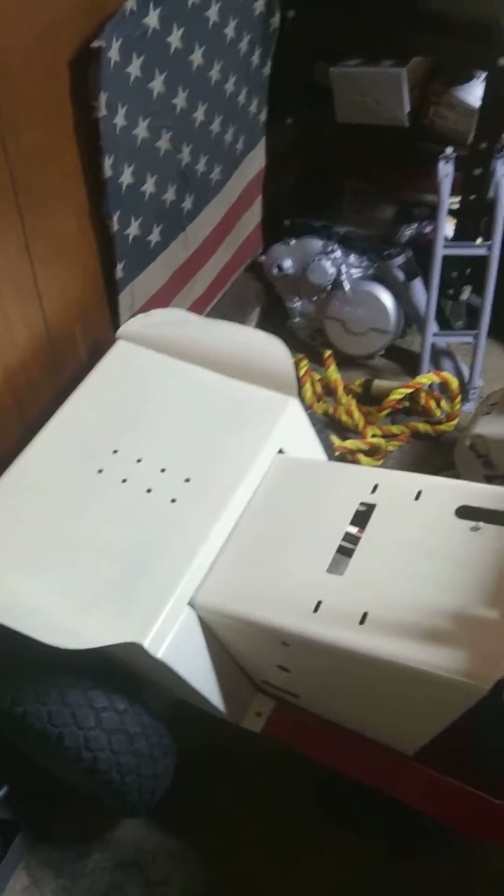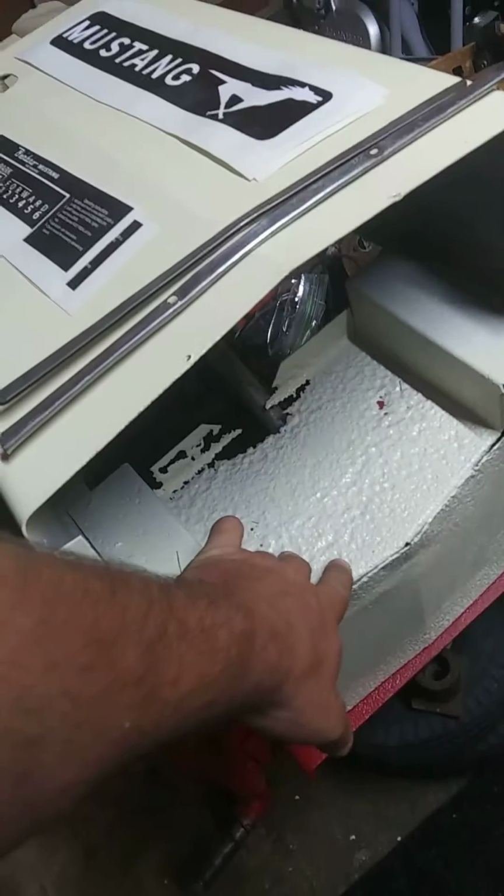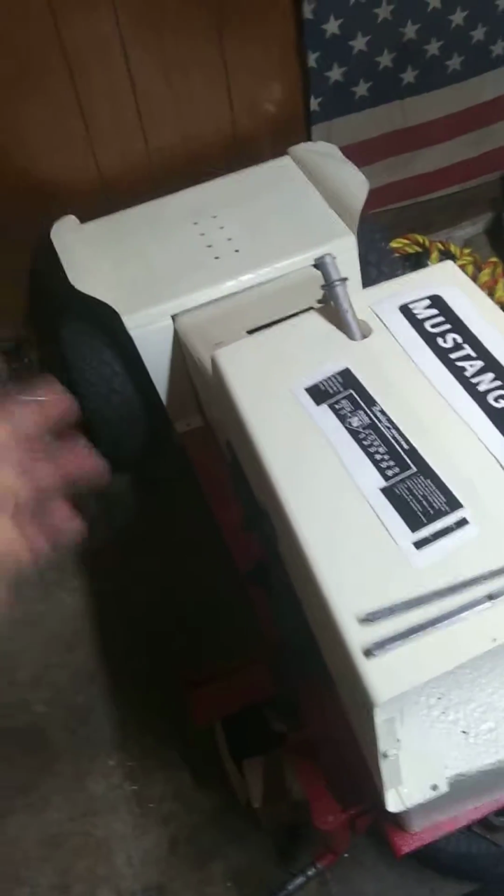This is just going to be a toy, so I'm not shooting for showroom perfection. It's not going to SEMA or anything. It's going in my backyard. Later in life, though, definitely, when I get more time, I would like to strip it back down, body work it, fill in the pits, but